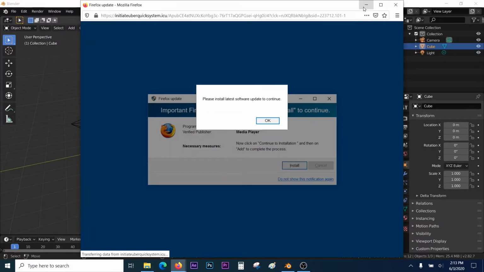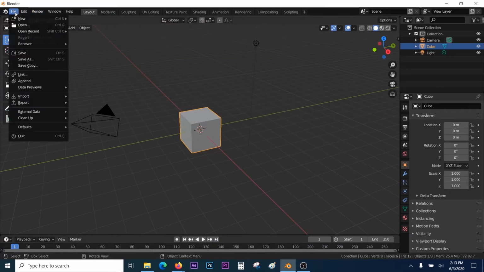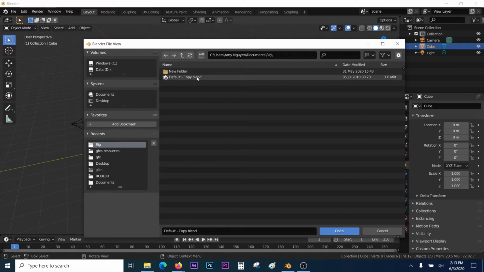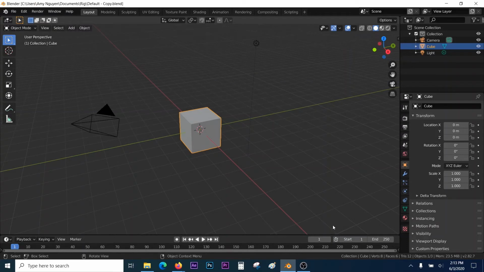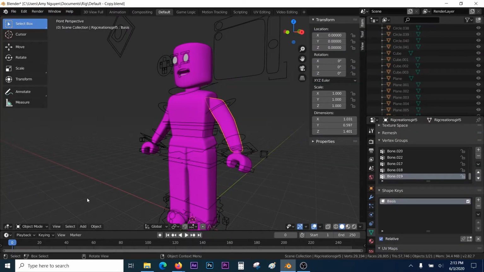So next, you want to go back into Blender, and then you just want to go to File, and then after go to Open. Find where you saved the woman rig, and just open it up like what I'm doing right now. So now it should pop up a purple Roblox character, and just left click on the right arm